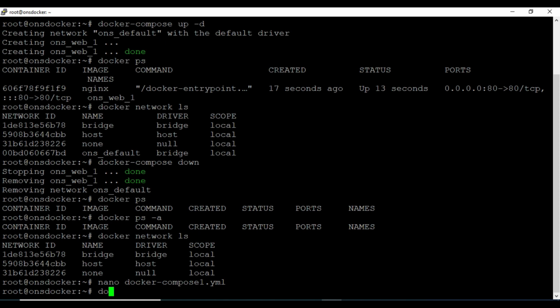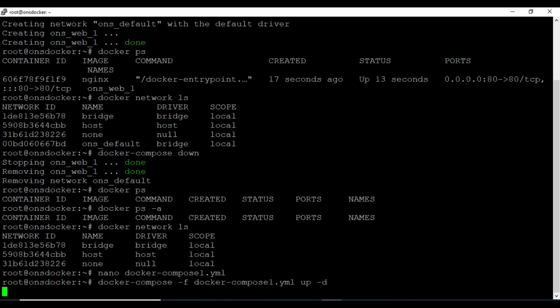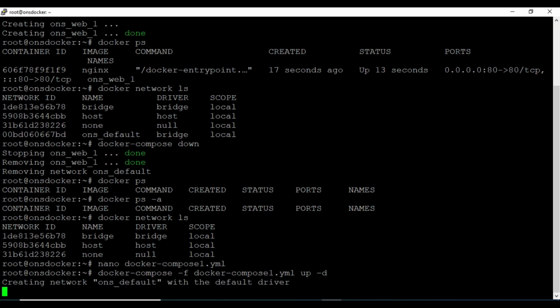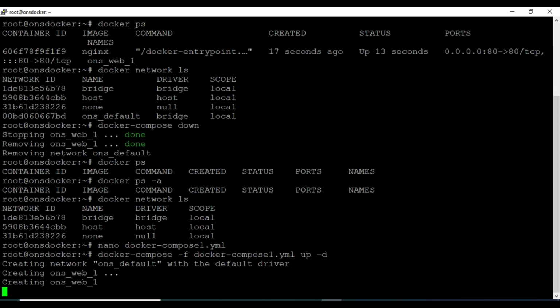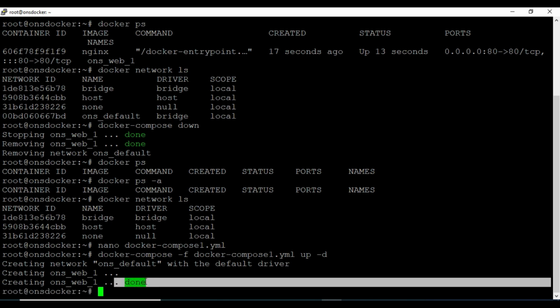How can you run it? docker-compose -f docker-compose1.yml up -d. It will show here that it is creating your network driver and creating your container. It is in process and it will show that it has been done. You can see here that it has been done.